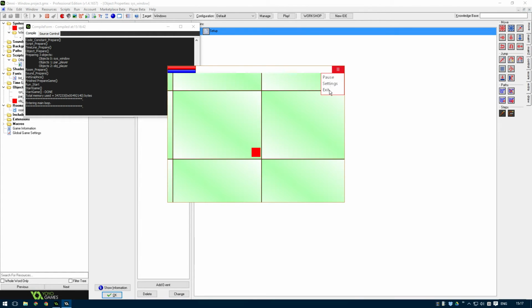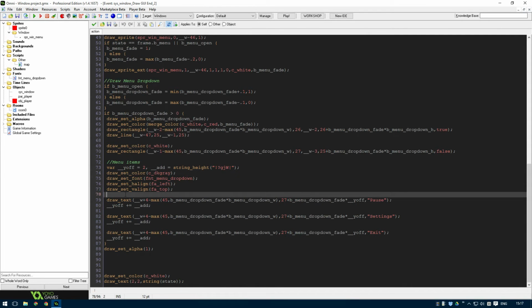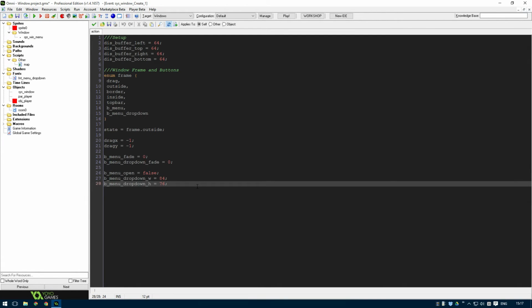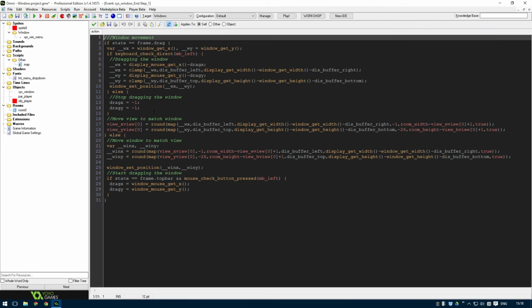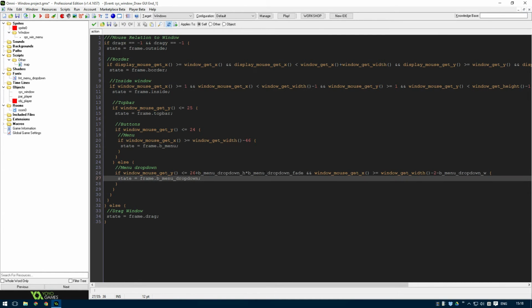So right now this works. So now we need to be able to actually select some of them. So the plan is, I think, to evolve on this and say if, okay, we need to do that like here, and then we can say menu drop down selected is -1, and then in here, okay, we can say